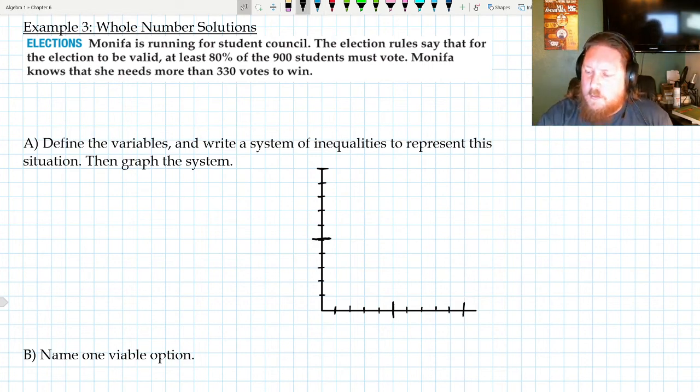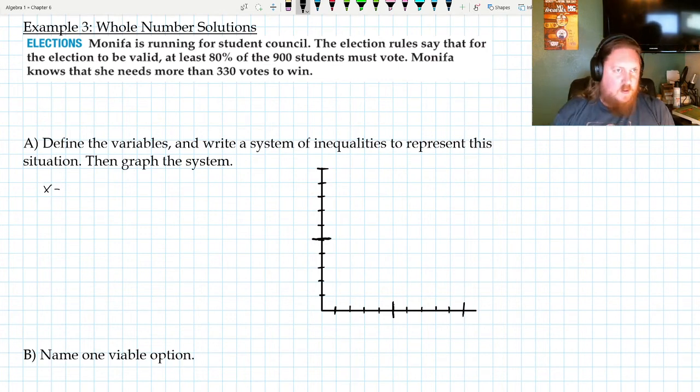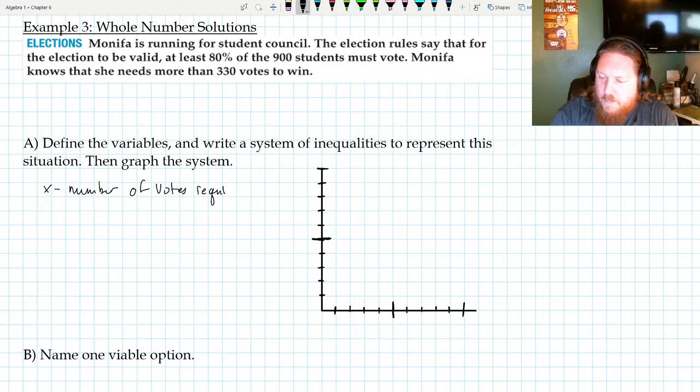So for this problem, let's have our x be the number of votes required. Now, she needs 80% of the 900 students. That'd be 0.8 times x. So it has to be greater than,